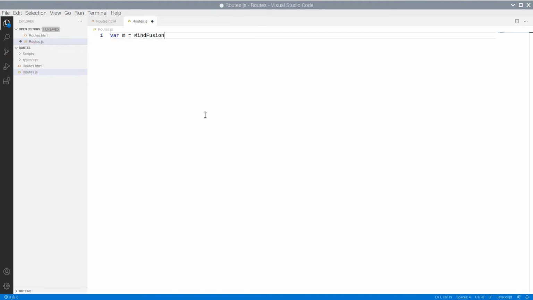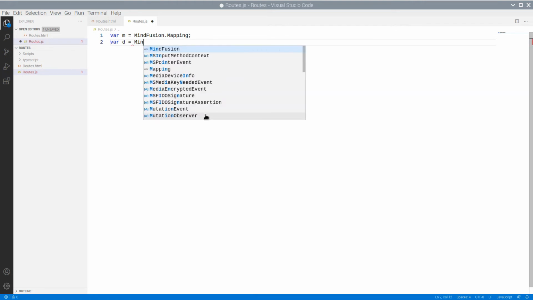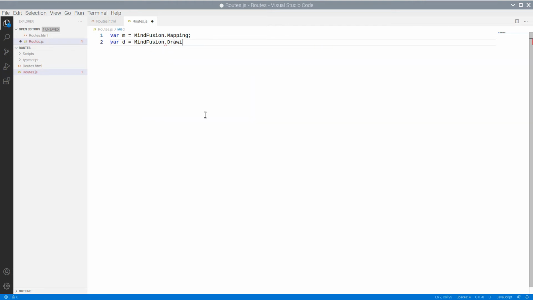Now, in the code behind file, we add 2 namespace mappings for the mapping and drawing namespaces. Let's include a reference to the TypeScript file with the API members, which is used by IntelliSense.